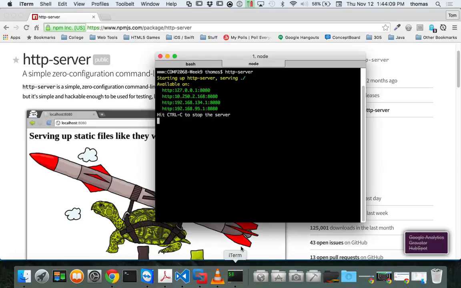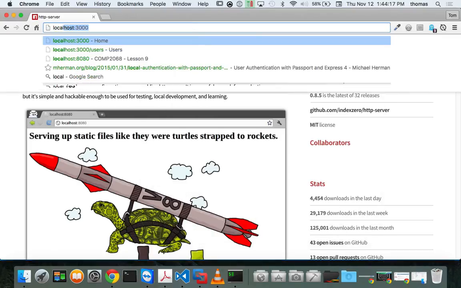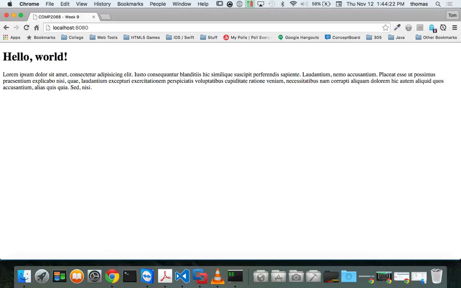And what it does, if you look at this, is it creates a server on your localhost on port 8080 by default. So if I go to localhost 8080, then I should have hello world, lorem ipsum, blah, blah, blah, with my 50 words of text. Okay? So there's a quick and dirty way of creating a little microserver if you want to test functionality, especially if you want to make sure that it's running on the server and it's not just running from command line,